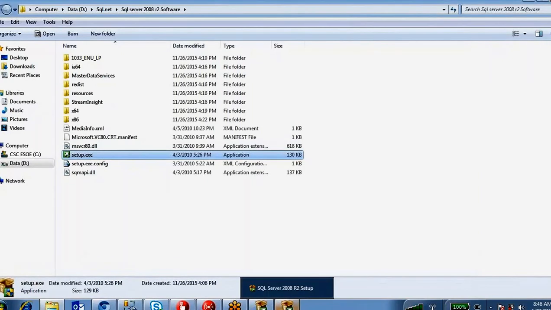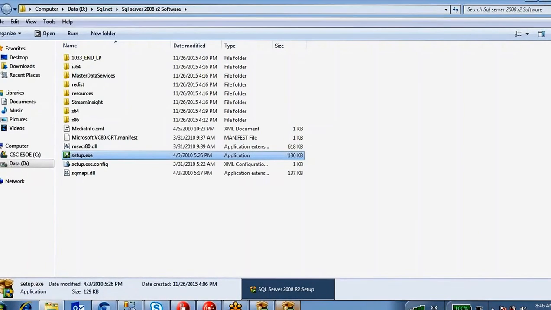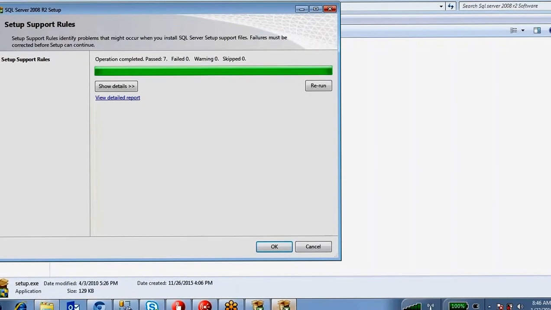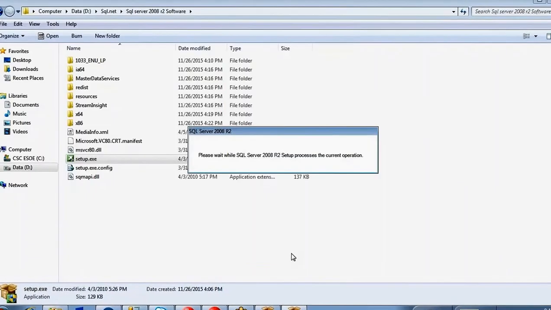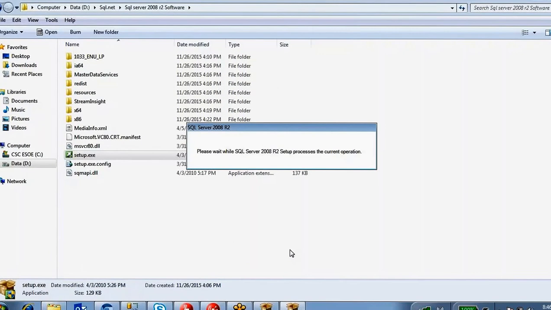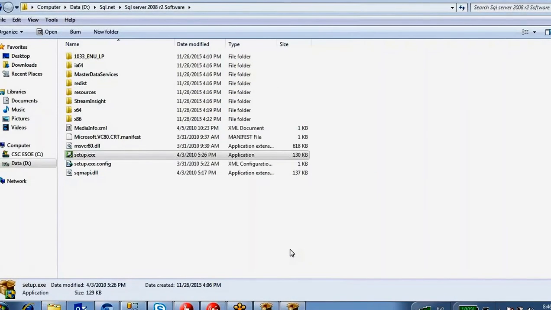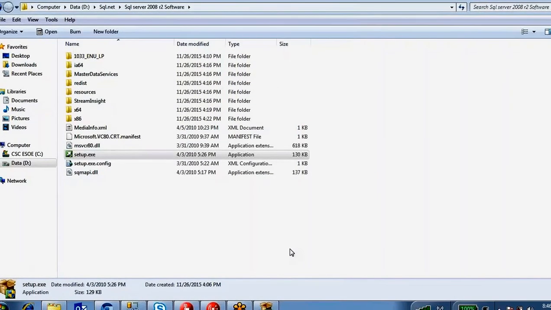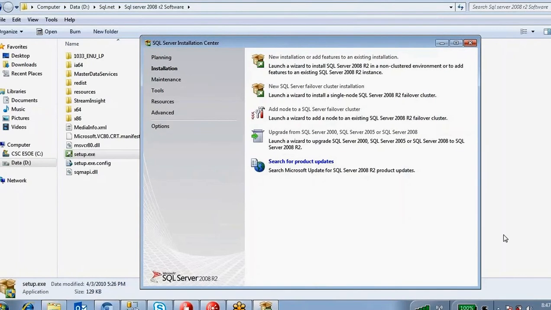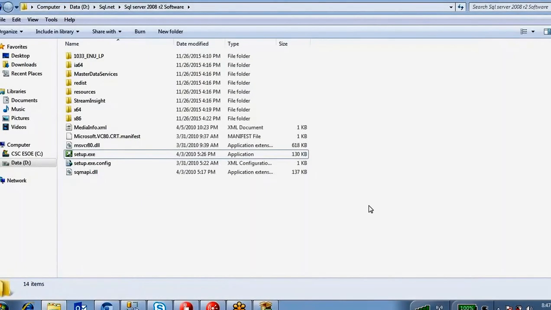Before you install again, you have to uninstall that one. Click OK. It is under process.